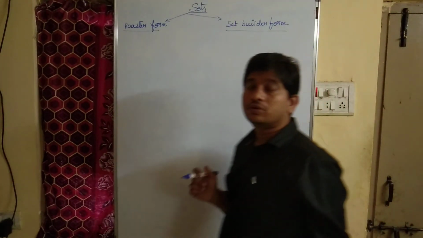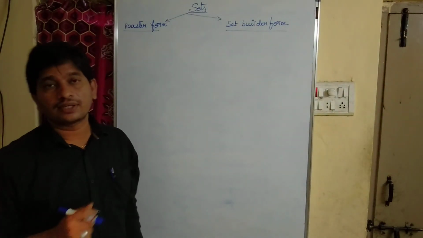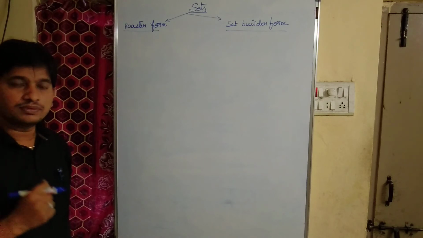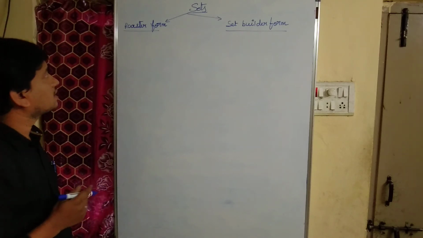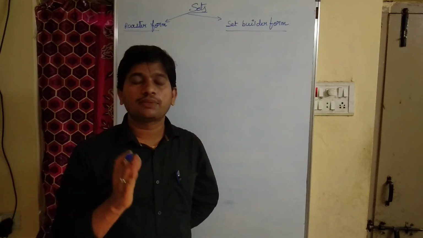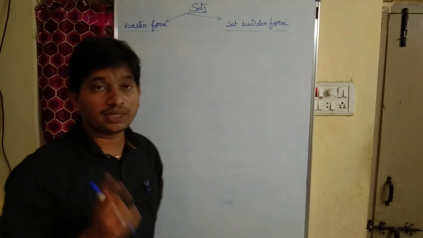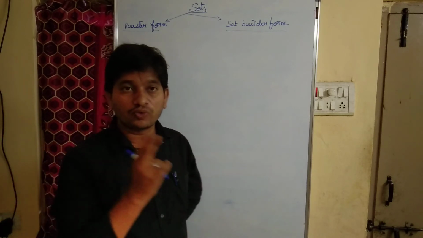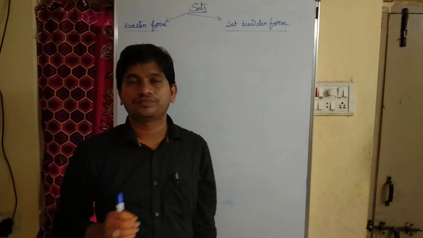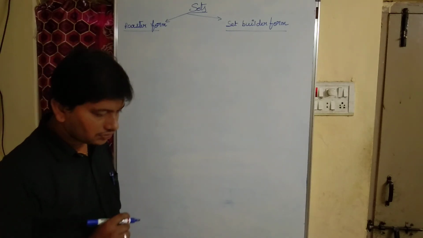Now coming to representation of sets, sets can be represented in two forms. The first one is roster form, the second one is set builder form. We can represent sets in two ways, roster form and set builder form. For example,